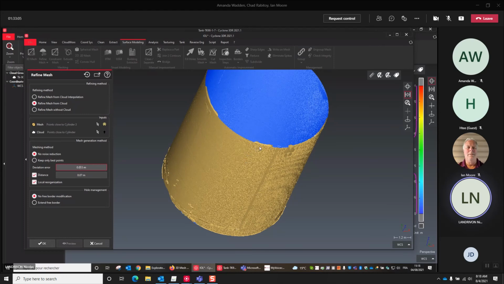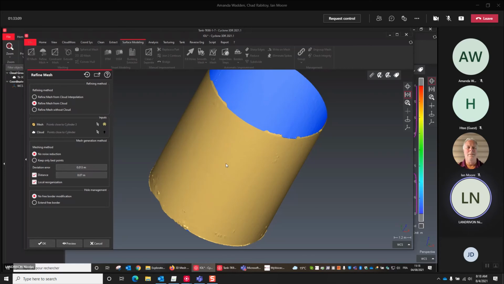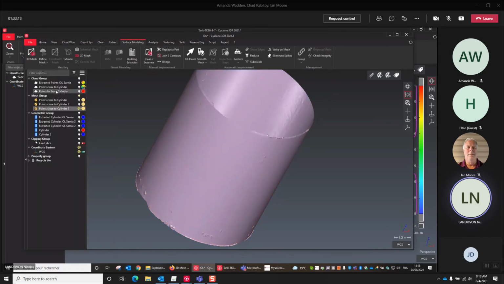Let's say that, okay, I've done that, I'm satisfied with my second mesh. After, it's possible to refine another time. You just have to select the mesh and the corresponding cloud, and go to refine mesh.